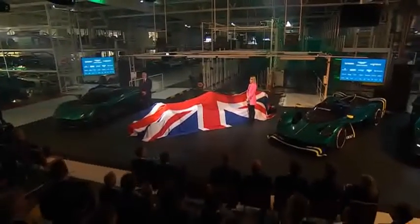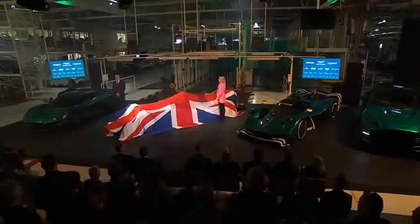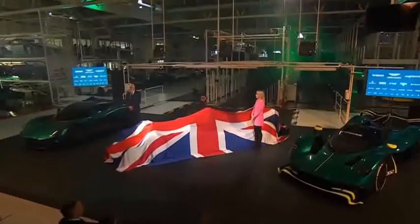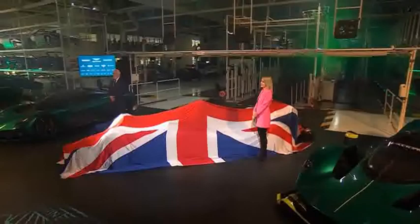In time, it will also shape us to drive technology innovation while exploring other synergies for the benefit of the whole team, Aramco and the wider world. Additionally, Aramco will play a key role in the development and operational success of the new Aston Martin Formula One campus at Silverstone, which will be the world's most technically advanced motorsport headquarters when it's completed later this year,